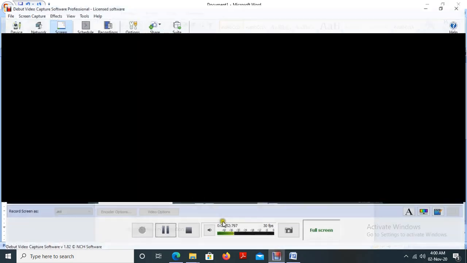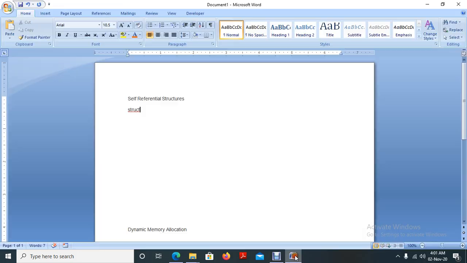Then, struct, then the structure name. I am using the structure name as node, and inside these braces I am going to define the structure member variables.